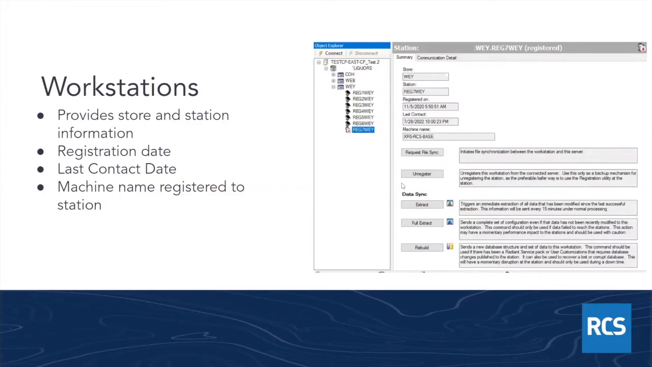Unregister is more or less what it sounds like. It removes the offline workstation entry for this unit, although we do generally recommend, rather than unregistering it in the management console, that we instead unregister it on the local workstation. Unregistering it on the management console can leave that local workstation more difficult to unregister on its end and cause